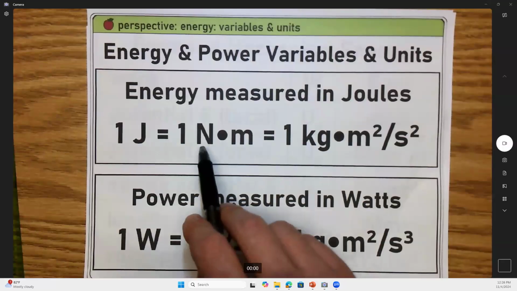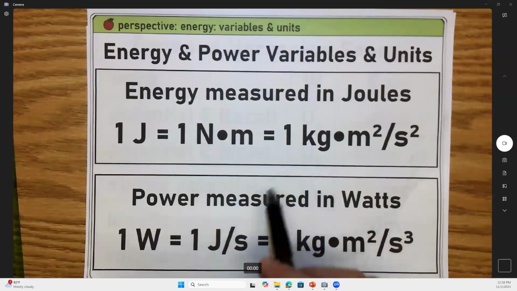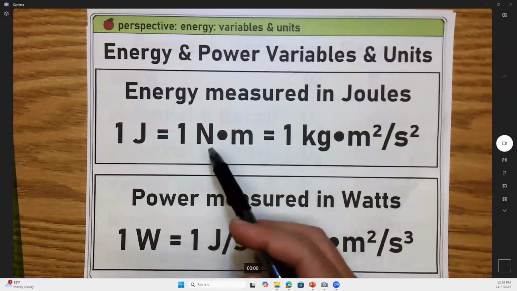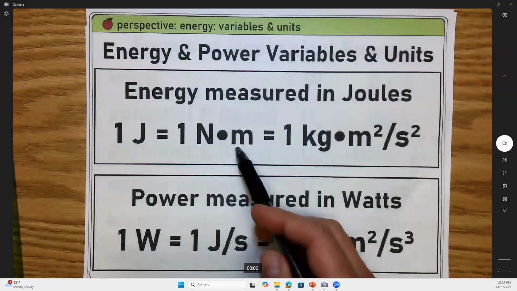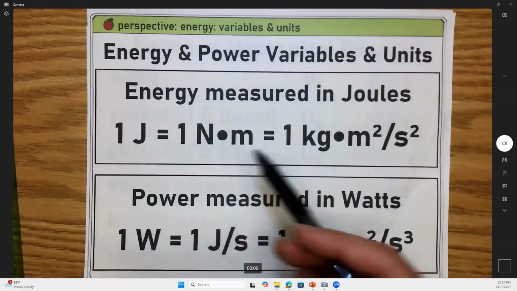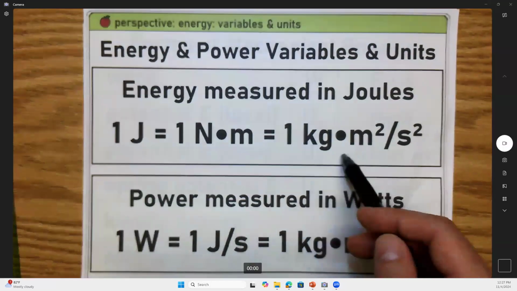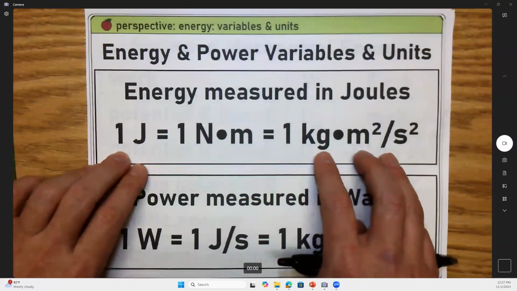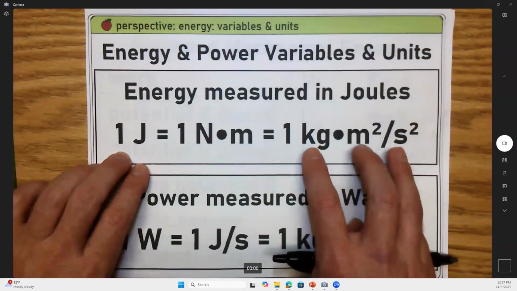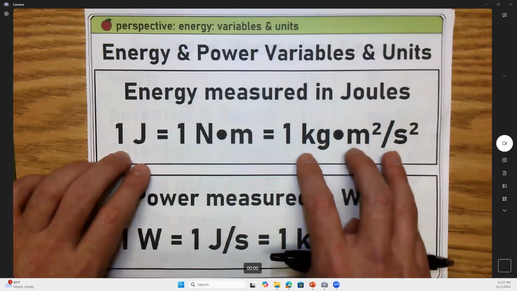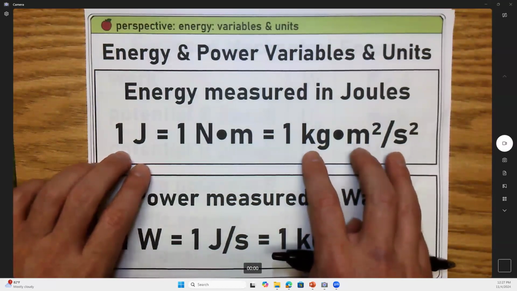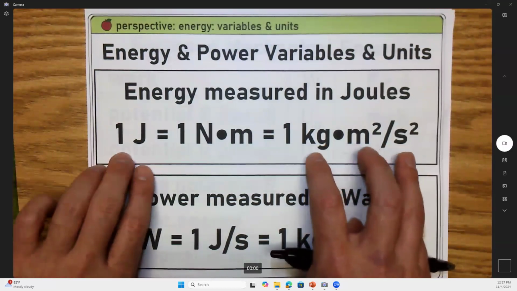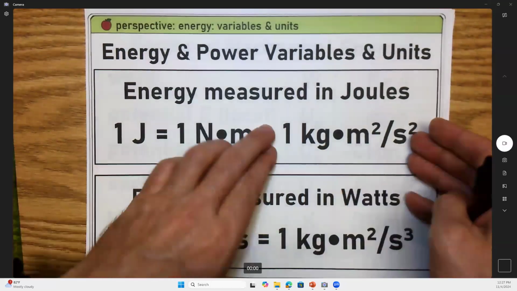Right? And Newton is a composite unit that breaks down to kilogram meter per second squared. You guys know that from Newton's second law of motion, F equals ma. Combine it with this, mass, or meters. Sorry, oops, this M is meters. Right? Put it all together, you get this: kilogram meter squared per second squared. That's what 1 joule is. And like I said, in the observable universe, however many of these there were a billion years ago, exact same quantity that there are today, exact same quantity there will be a billion years from now. You cannot create or destroy this.